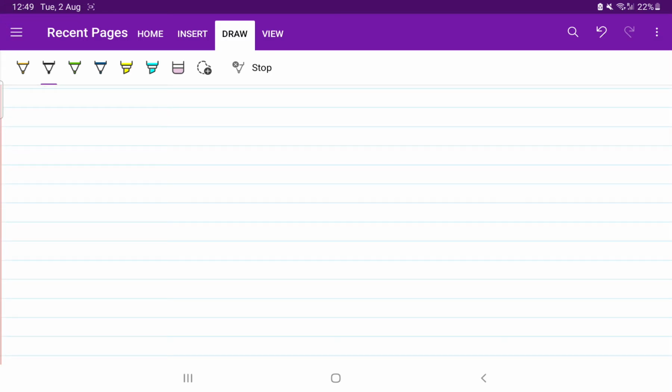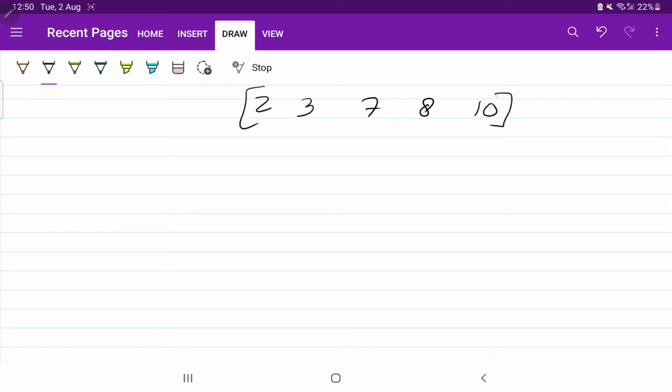First of all, an array is given to us. I am taking the same array: 2, 3, 7, 8, 10. Initially we have taken sum as 11. Let us take the last digit as 12. Suppose we want the sum as 11 and this is the array given. Are you going to choose the 12? No, you are not going to choose 12. Why? Because you want the sum of elements as 11, but here it is 12, so you are not going to choose this.